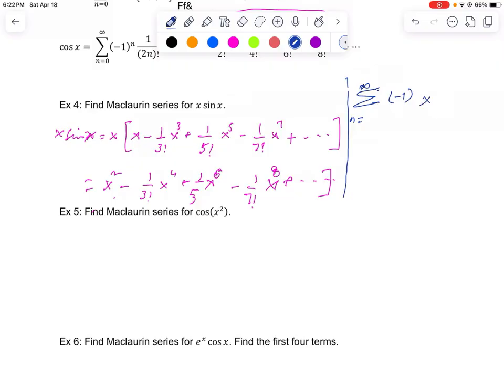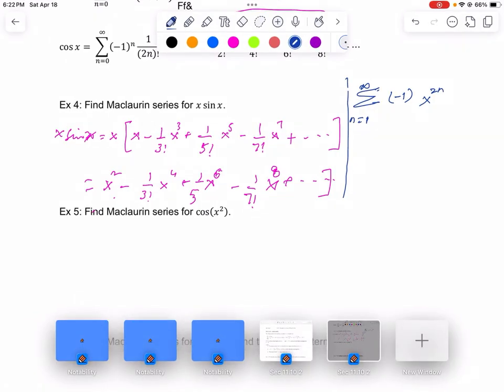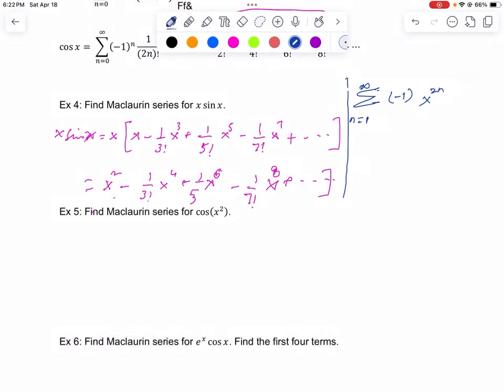So if I put 1 here, so I can say 2n, and then at the bottom, so if this is 2n, the first one will be when n is 2,